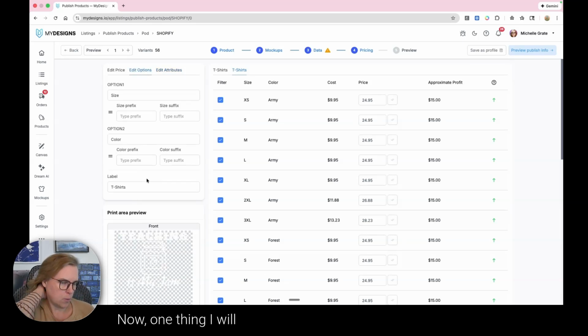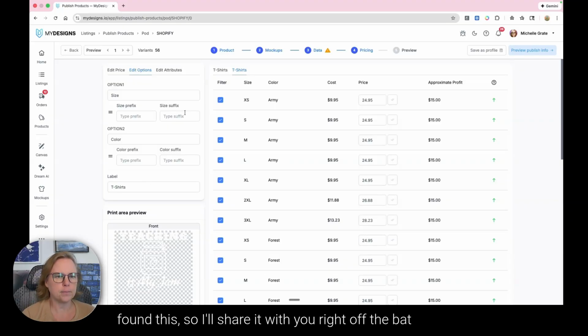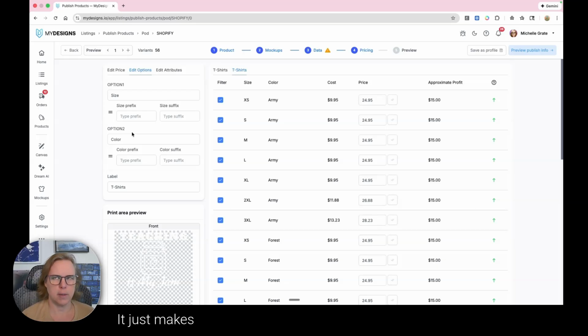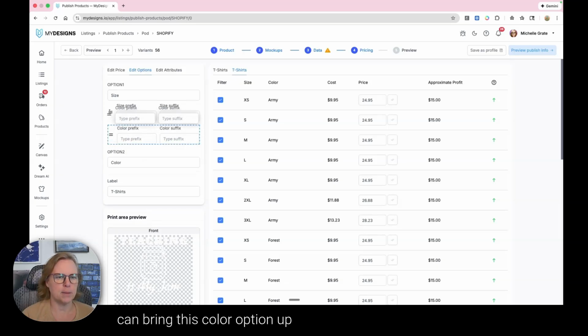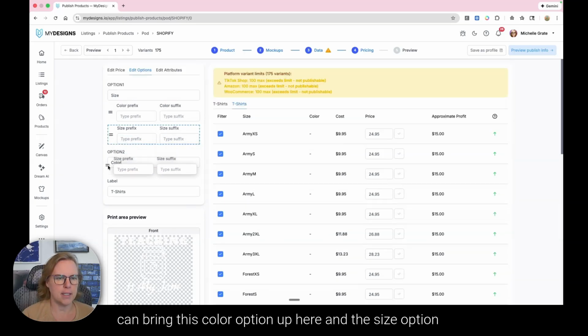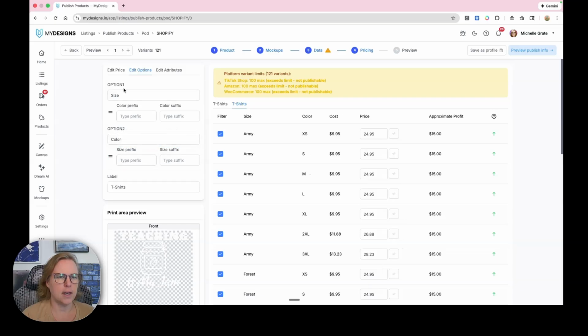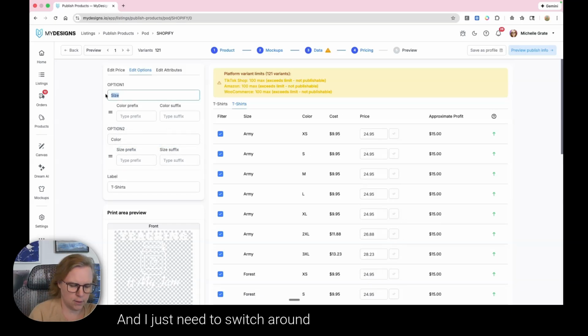Now, one thing I will mention as a lesson learned, and I just recently found this, so I'll share it with you right off the bat. In my Shopify store, I actually like to show the color first and then the size. It just makes it easier to read on mobile. And I finally found that I can actually switch that over here. So I can bring this color option up here and the size option down here. And I just need to switch around the